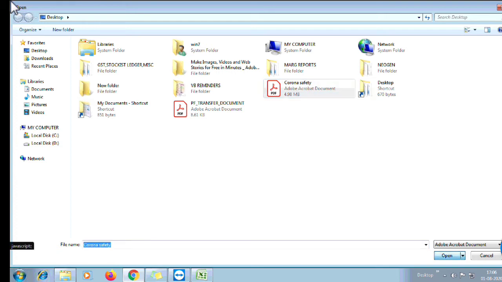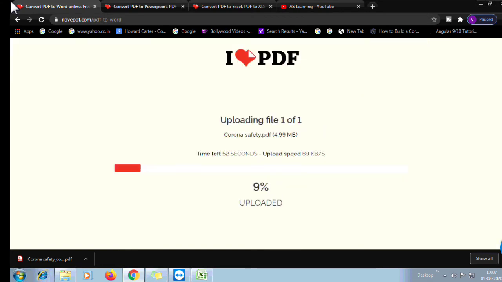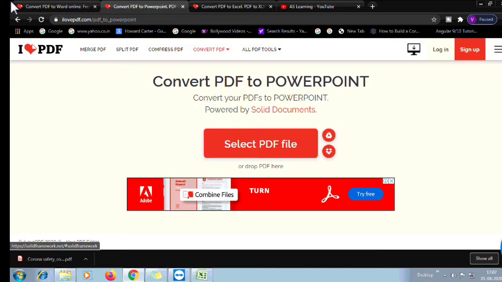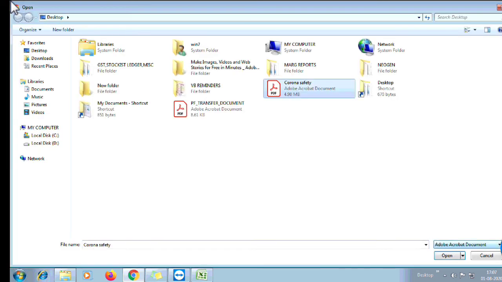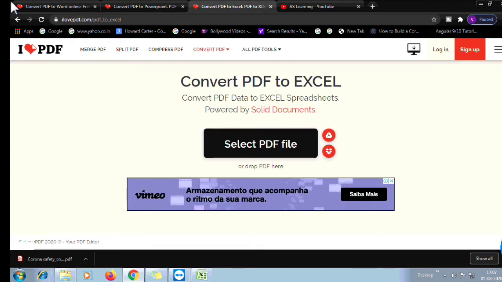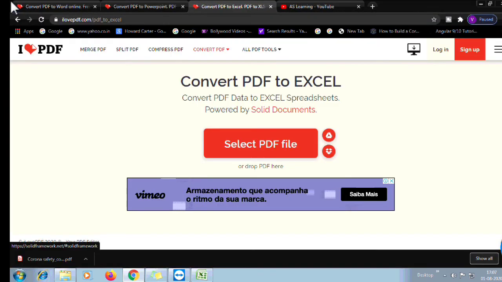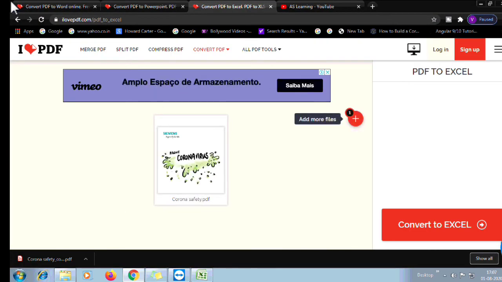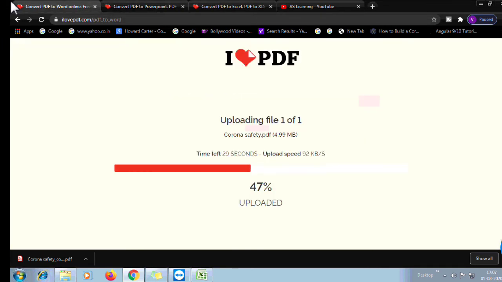Okay, select a PDF file. Now this is to Word, so it will convert this to Word. Just click on this button. It is to convert PDF to PowerPoint. Select our main PDF file, and this is to Excel. Select it. It is just drag and drop, or selecting your file and just clicking on that button, so it will convert all of that to the respective format.